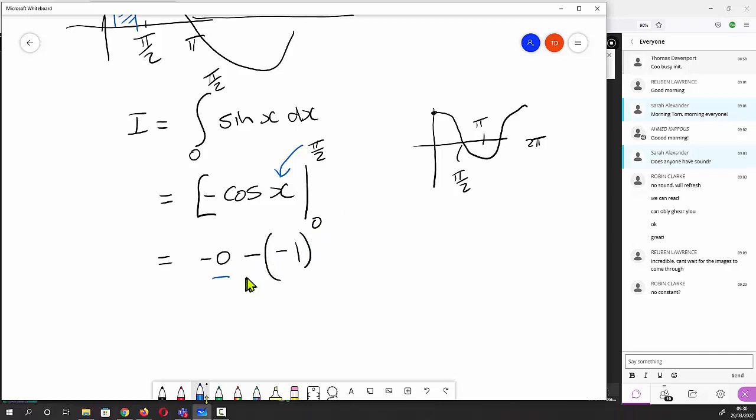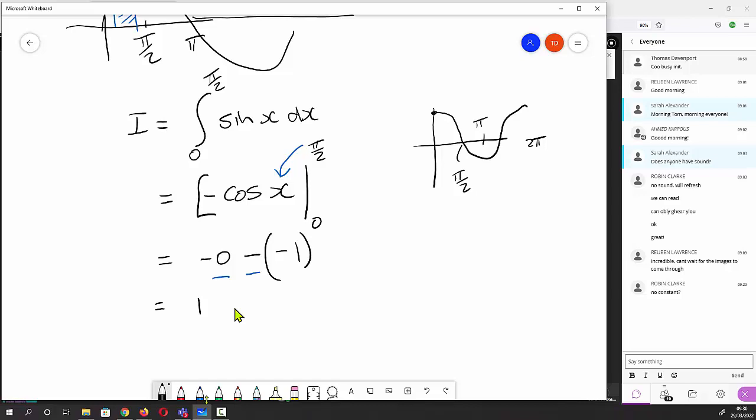And then we subtract from that, which is why I've got a minus here, the value when we put 0 in there. So the cos of 0 is 1, and we've got a minus there, so that it's minus 1. So that means that our total value is equal to 1. 0 disappears, we've got minus times minus, and the area is 1. So if this was in meters, that would be a square meter. If it was in millimeters, it would be square millimeter. Whatever your units are, that is a measure of